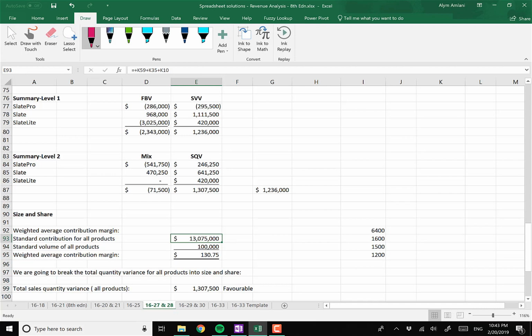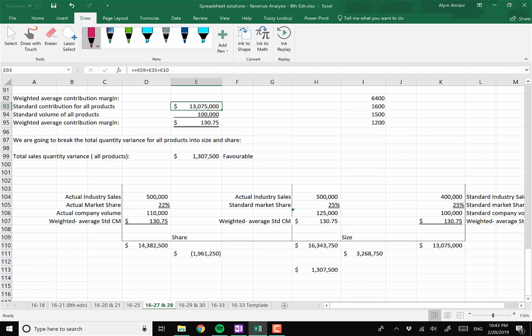If you add up the standard volume for all of those products, we would have expected to sell 100,000 of them, and this gives us a weighted average contribution margin of $130.75. Now, what that really means is it gives us a way to talk about sales of all of our products at the same time. Okay, now why that matters is because if we look at the total sales quantity variance for all of the different products that we sold, we were at